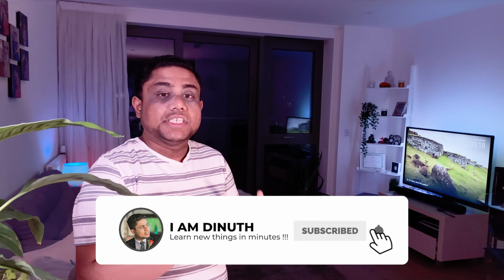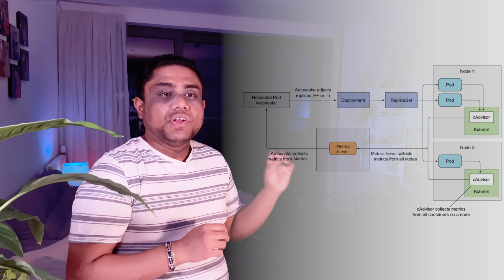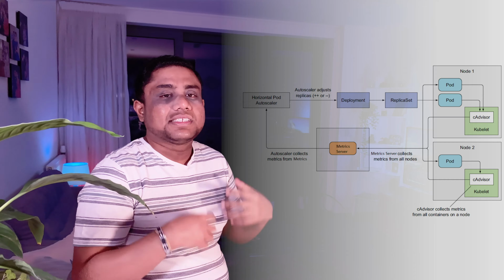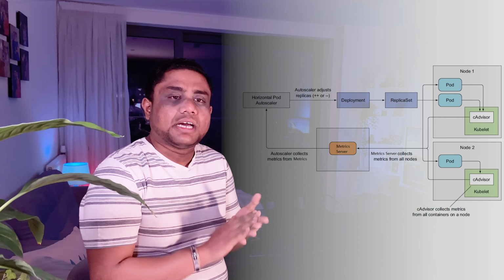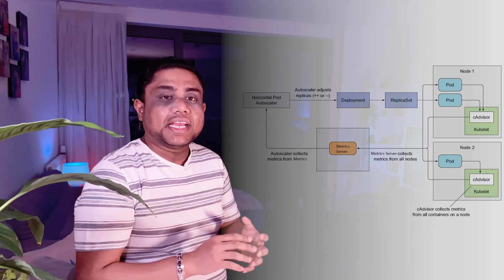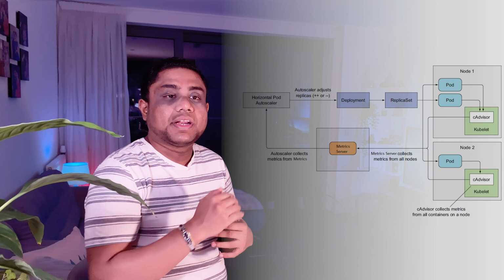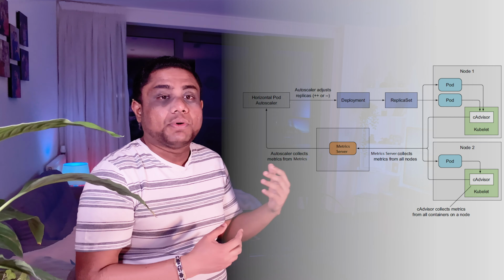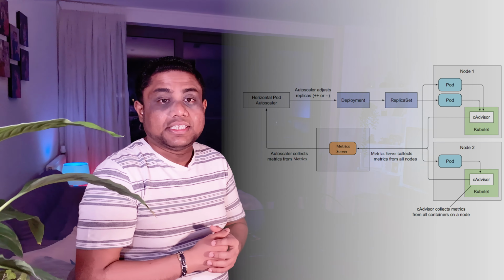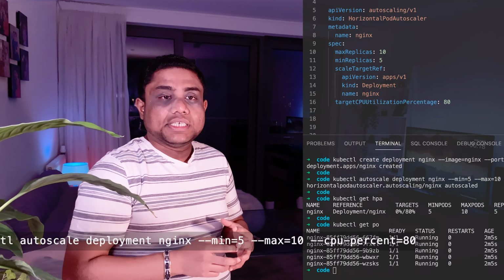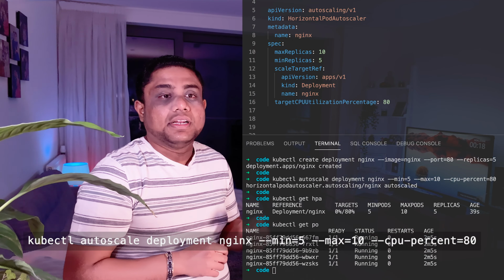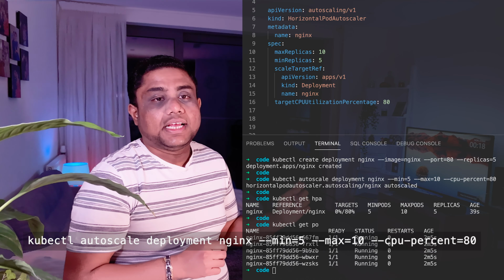Other than the top commands, there are some Kubernetes constructs which use the Metrics Server metrics. Here is an example. If you look at this diagram, when you have deployments, replication controllers, or stateful sets, we usually have a fixed number of replicas in it. Actually, we can automatically scale the number of replicas based on the Metrics Server pod metrics such as CPU utilization using horizontal pod autoscalers. A horizontal pod autoscaler can be created for a deployment with this command, kubectl autoscale deployment and